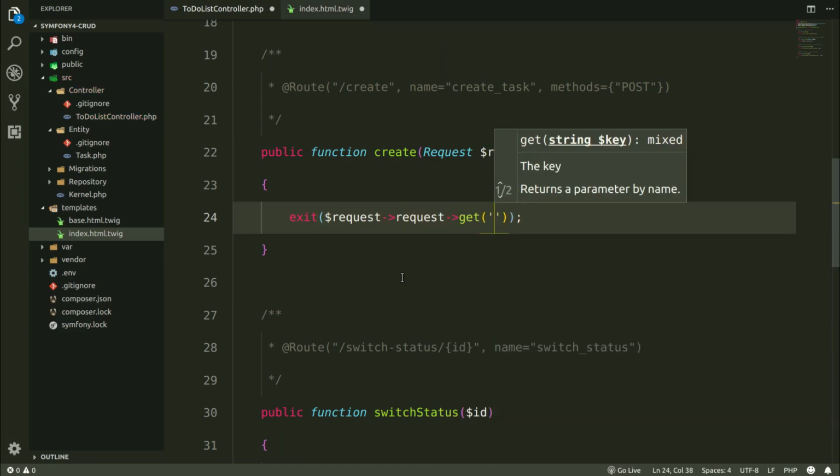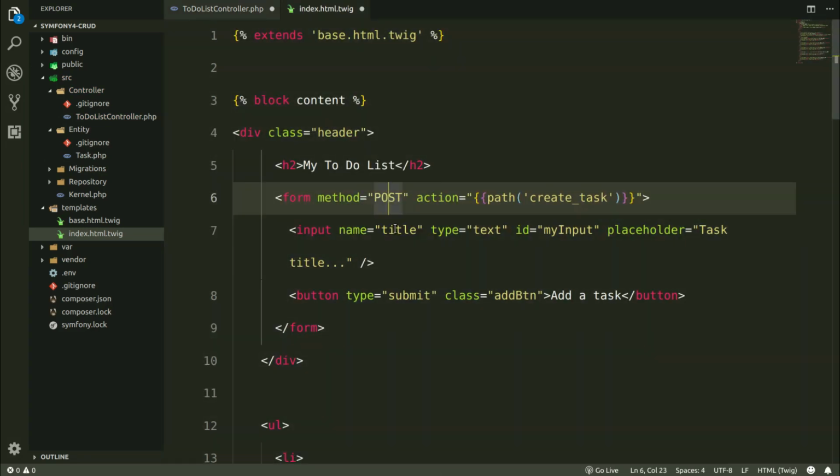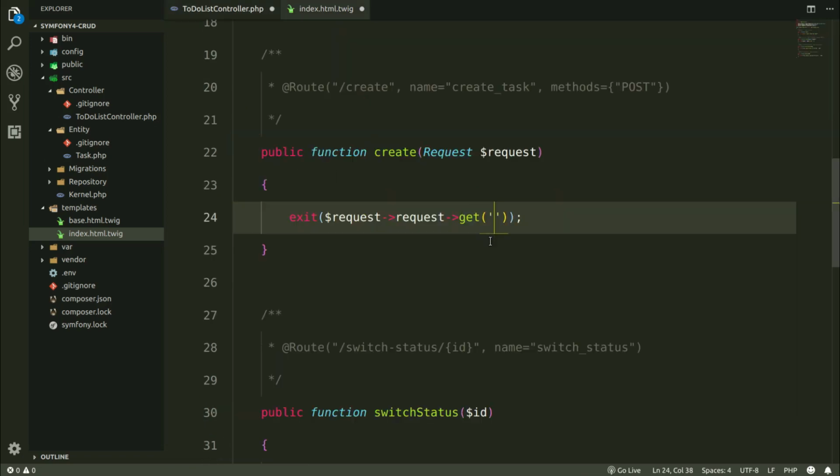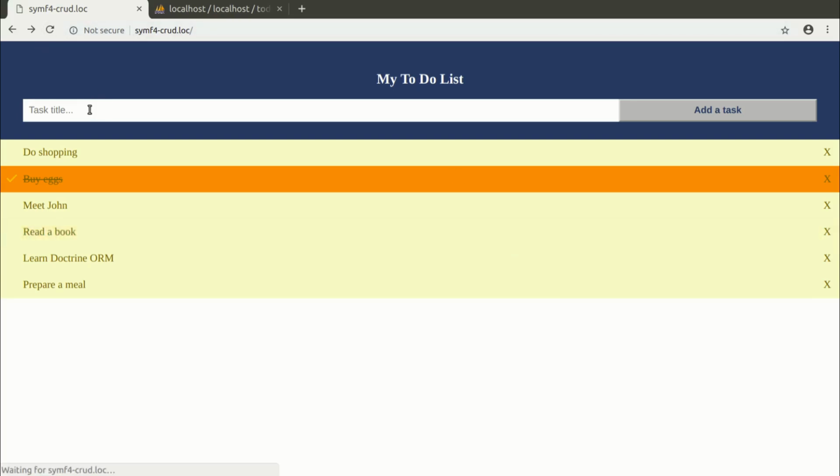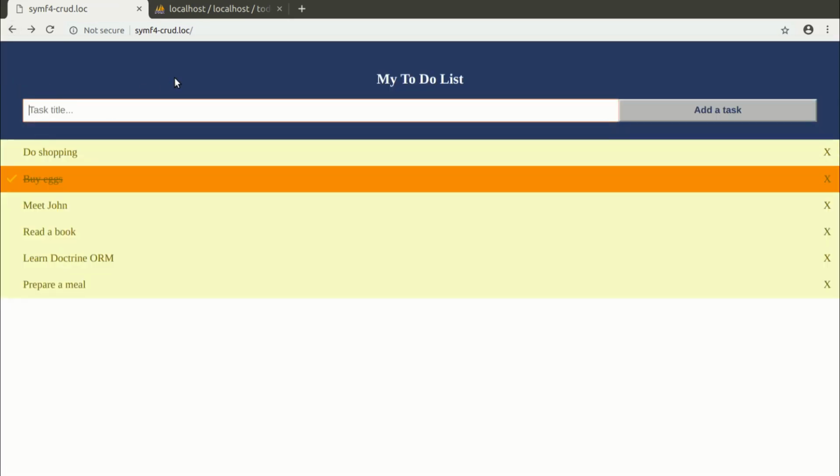We type request get, and as an argument the name of our HTML form, which is title. Let's save it and see if it is going to work. Refresh. It works. Okay, so let's make also here some validation, because I don't want the HTML form to be